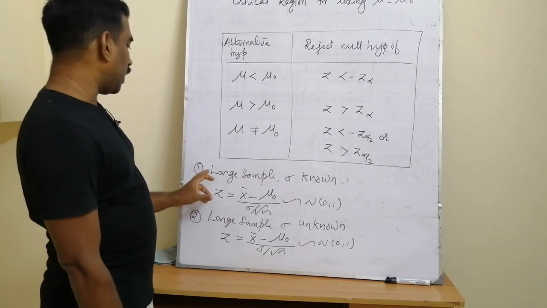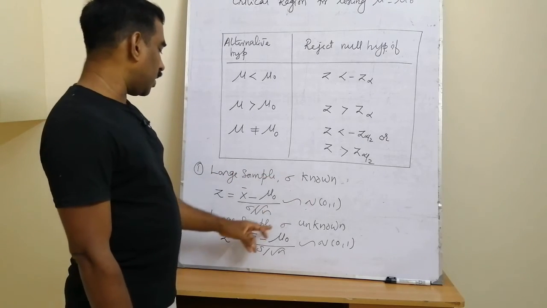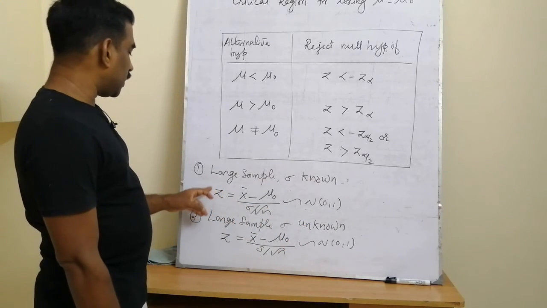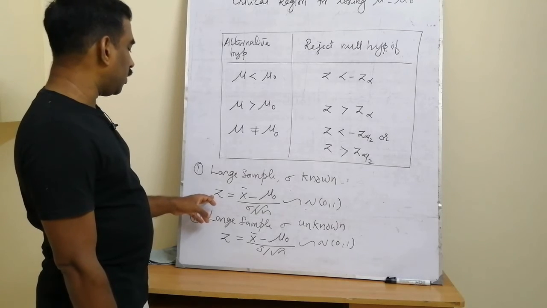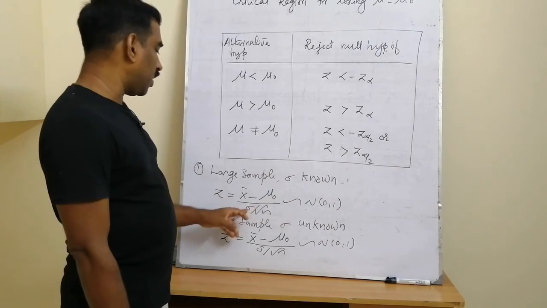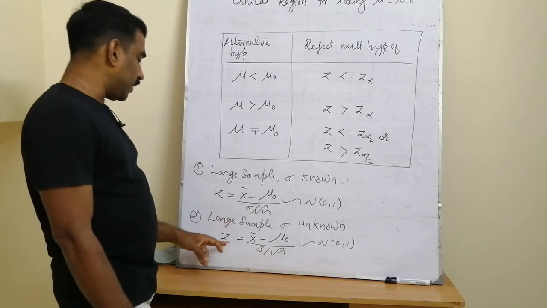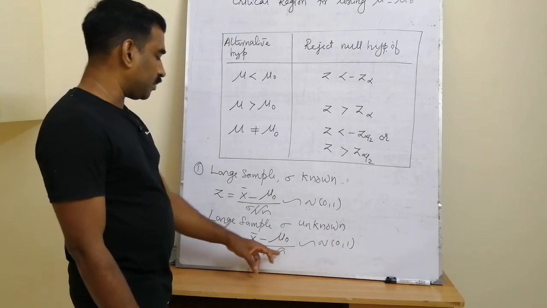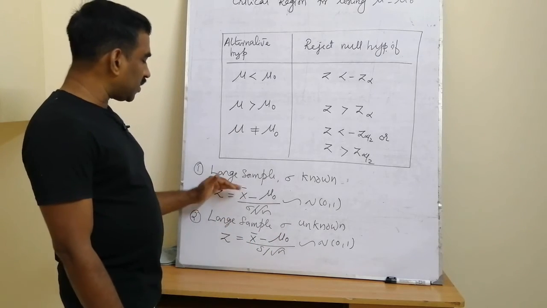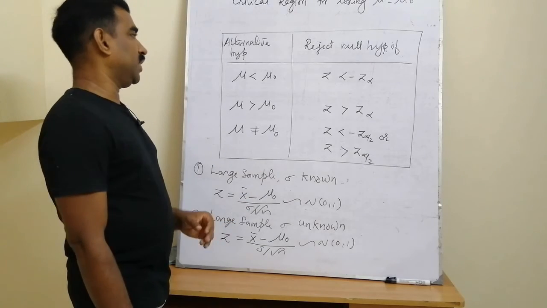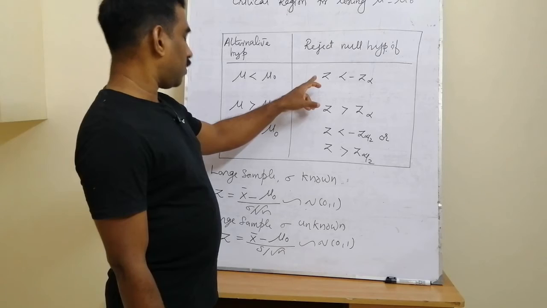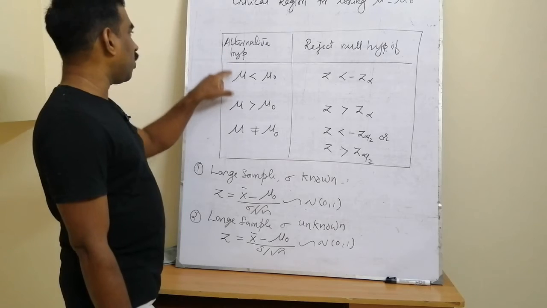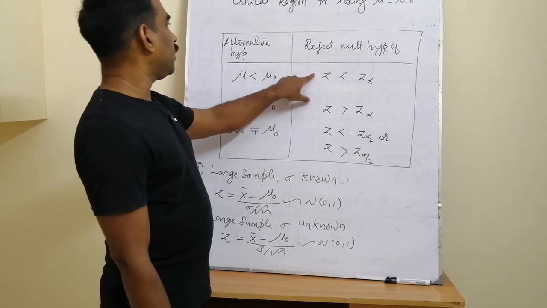And there are two situations whenever we are considering a large sample with sigma known and a large sample with sigma unknown. For large sample with sigma known, the computed value of this test statistic is given by the formula x bar minus mu naught by sigma by root n. And for sigma unknown case, the computation is based on the formula x bar minus mu naught by s by root n. And after computing this test statistic value, we have to make the decision, and that decision is based on the value of Z alpha or Z alpha by 2,